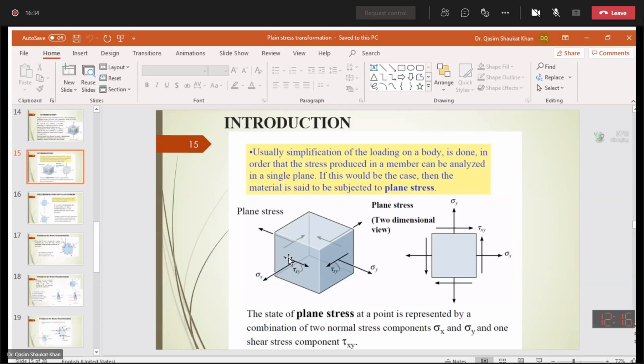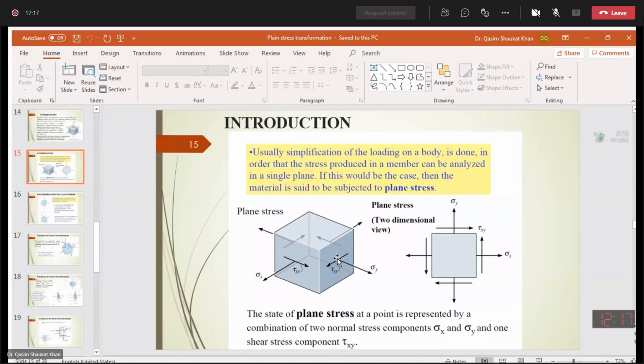First we will have the normal stress sigma x about the x-axis. Then we will have the normal stress sigma y about the y-axis. So these are my two normal stresses. There will be no sigma z now. Next I have to see the shear stresses acting on my element. For that you can see shear stress tau xy. There is no tau xz, so there is only tau xy.